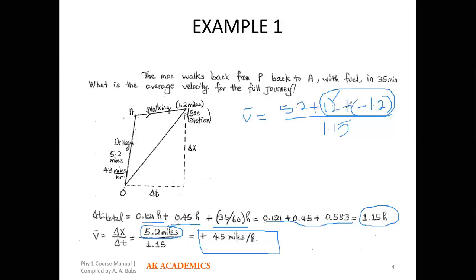So the displacement would cancel out. 1.2 minus 1.2 becomes 0, and then you're left with just 5.2 miles. That is why all you can see here is 5.2 miles divided by 1.15. If you carry out the arithmetic operation on this, you obtain 4.5